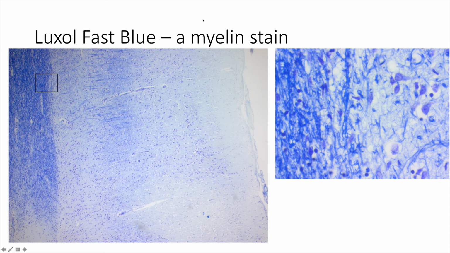We can see plaques quite clearly in standard H&E sections, but actually a better way of looking at multiple sclerosis plaques is to use a stain for myelin called Luxol Fast Blue. Now I just want to show you what the normal white matter and grey matter look like with Luxol Fast Blue. So here is the cortex and the layers 1 all the way down to layer 6. Here's our grey matter, white matter junction. And on this high power view, this is our white matter,